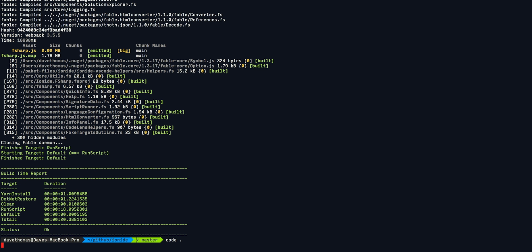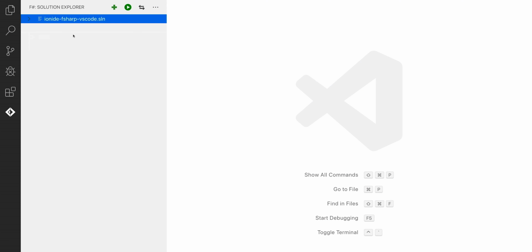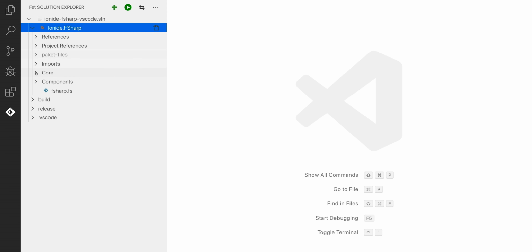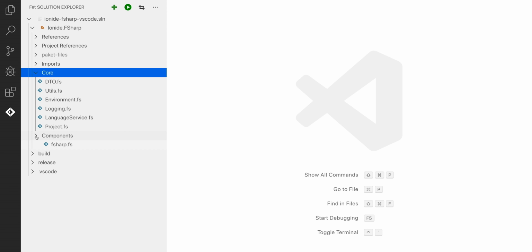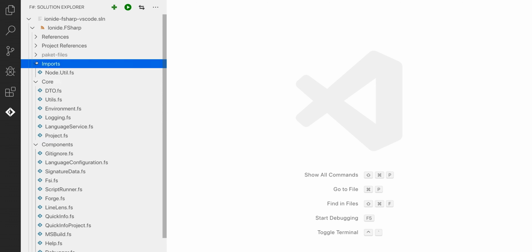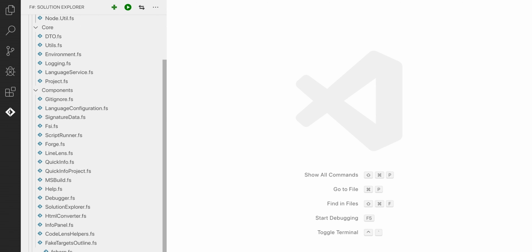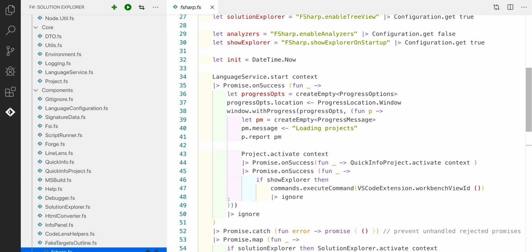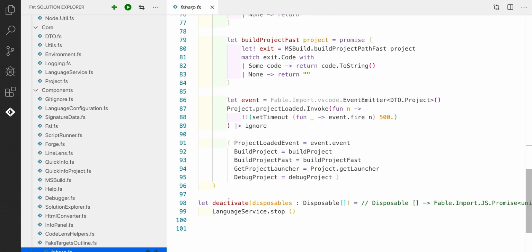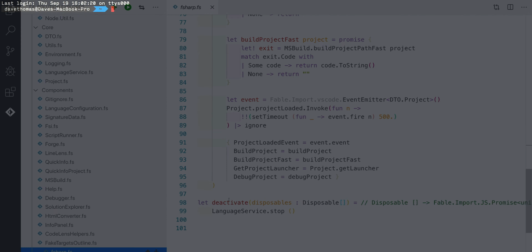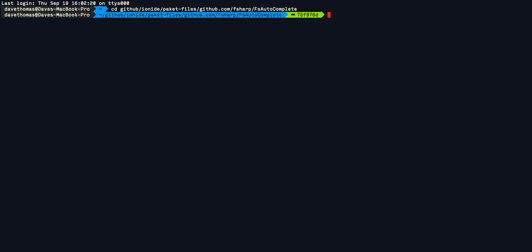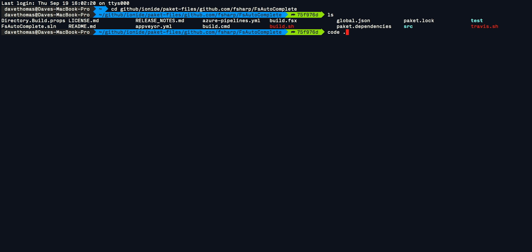Now we'll start up Ionide by opening code in that directory. And you can see we've got imports, core and components. Most of the work that we need to do to fix this is going to be inside fsautocomplete. So let's move to that directory now, which is inside paket-files, github.com, fsharp, FsAutoComplete. Now if we open that up in code,